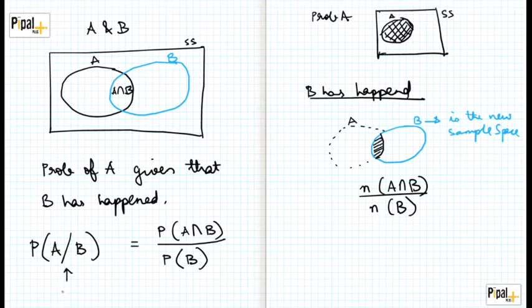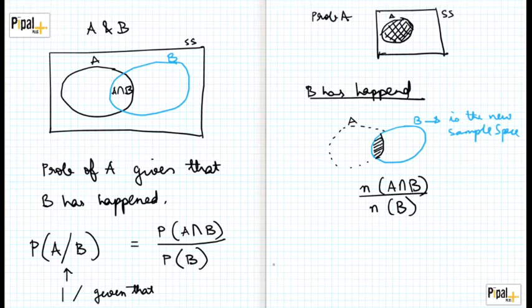In some places you will see a vertical line, in some places you will see a slightly inclined line, but both of these symbols stand for "given that the second element has already occurred." So the probability of A given that B has happened equals the probability that both will occur divided by the probability of